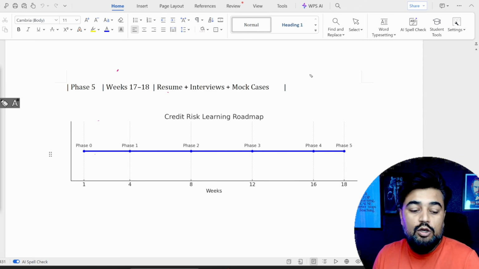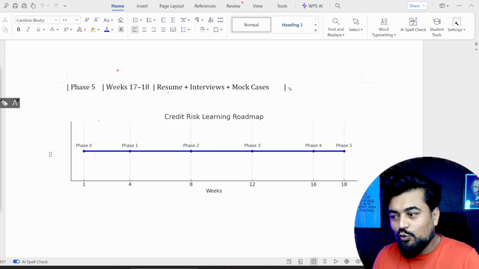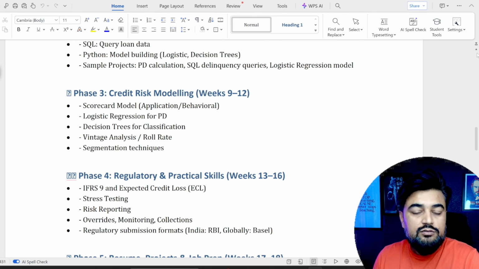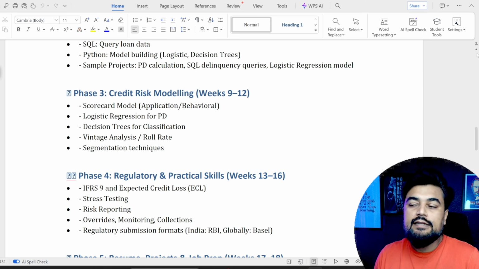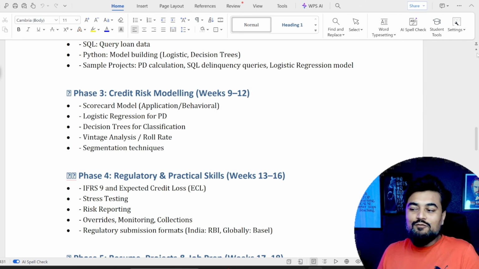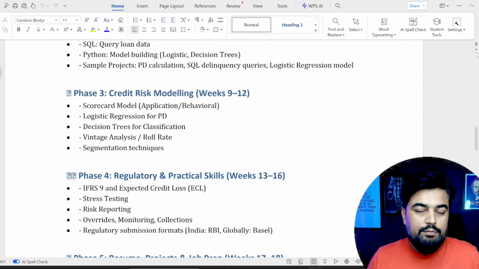Always focus on the low hanging fruits first. What do I mean by that? The things which you can learn easily should be learned quickly. For the things which take time, you should have proper visibility, like I'm going to give logistic regression a whole 3 days. If your learning curve is very fast, obviously you can trim the time frame and scheduling. But for most people who want to learn things deeply and feel the ecosystem of credit risk, they should spend more time and a longer period of the total timetable.